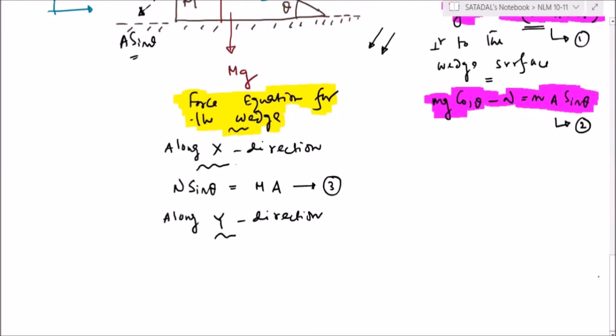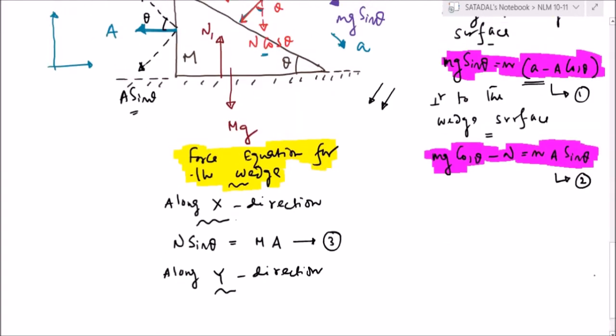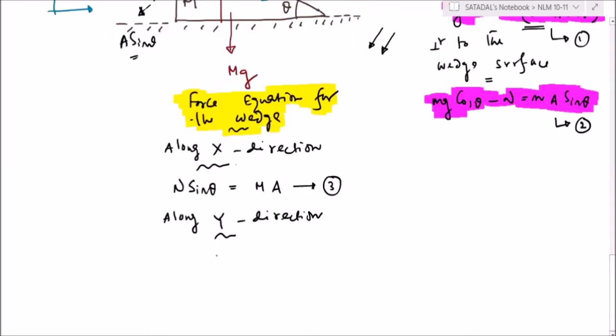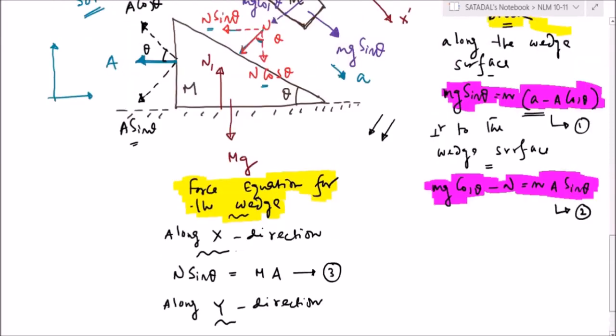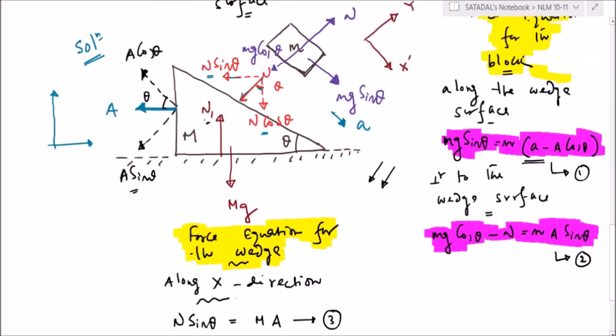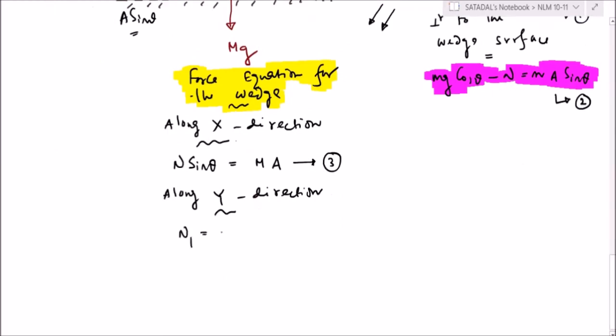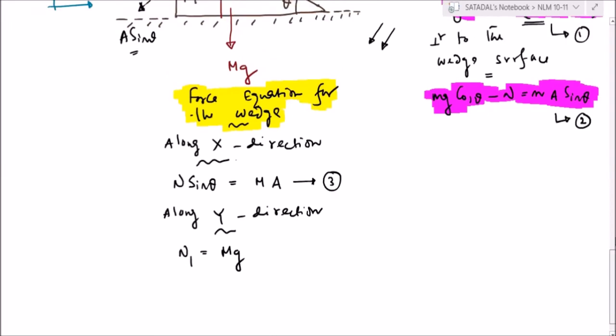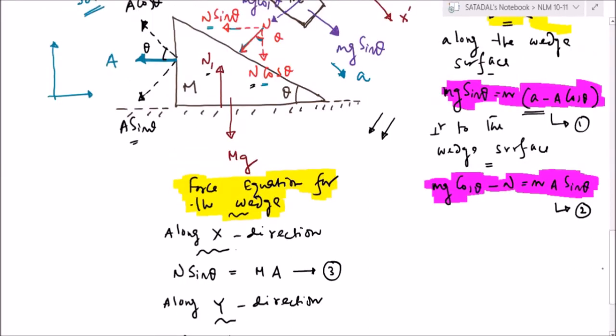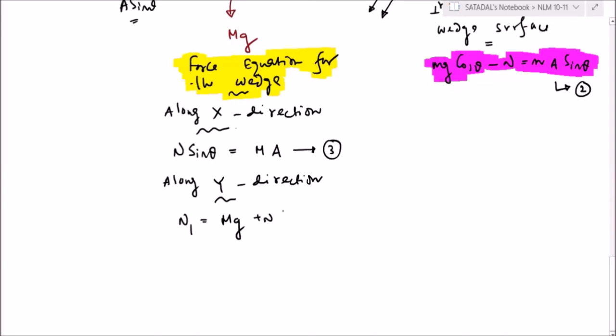Fine. And moreover, remember, you don't have to have that much confusion, because we have to check whether acceleration is in the direction of the force or not. If it is in the direction of the force, whatever may be, a plus sign will be used. Now tell me along y direction. What is the situation? Only one force along positive y. How much is that? N1. Right? What are the other forces? Capital Mg is there. Any other force? Yes, N cos theta is there. This is equation number 4.